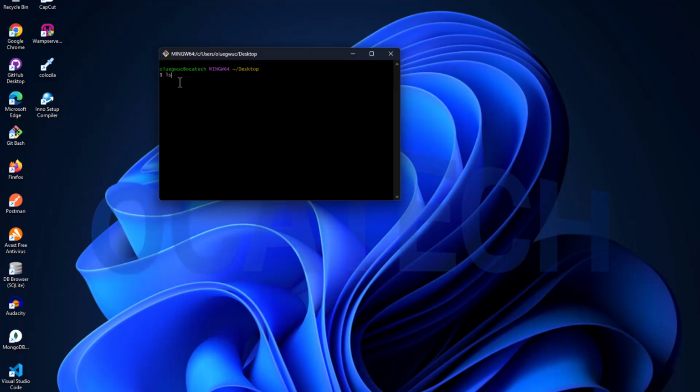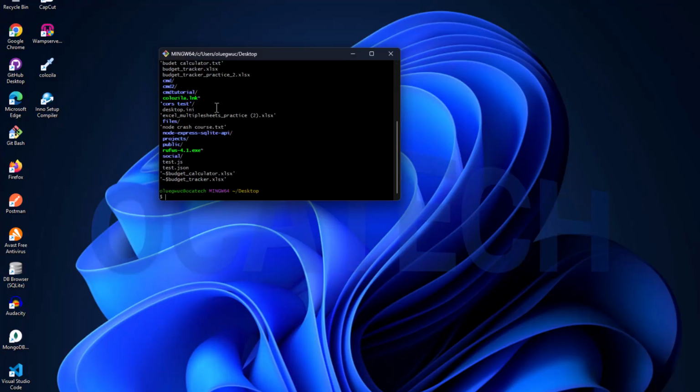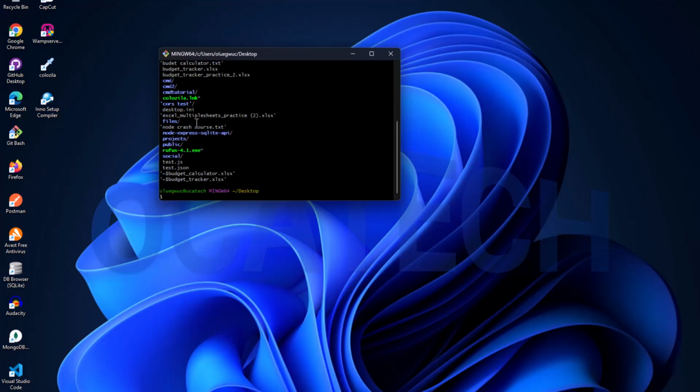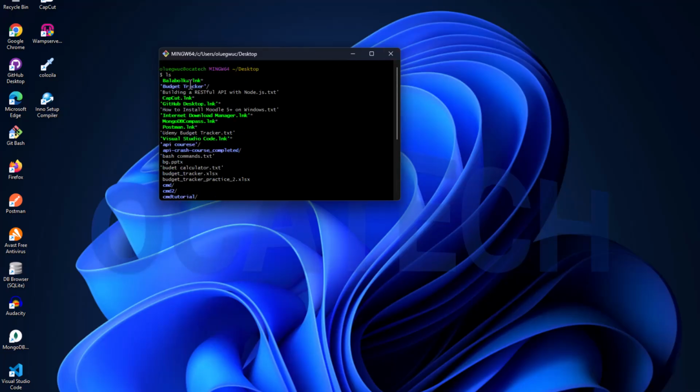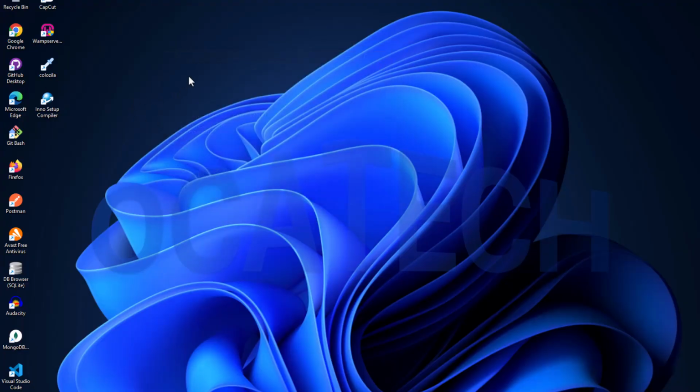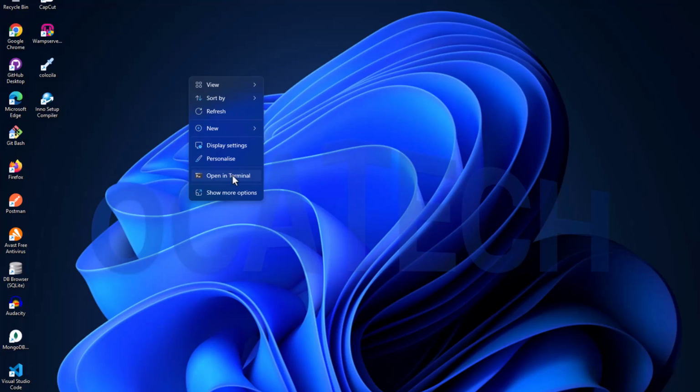If I do ls now, it is going to list my directories and files that are available on the desktop, because I opened it on the desktop. If you want to use this Git Bash as your default profile for your terminal, let me close this one. If I right click here and select open in terminal,